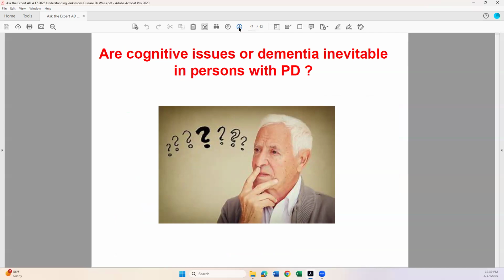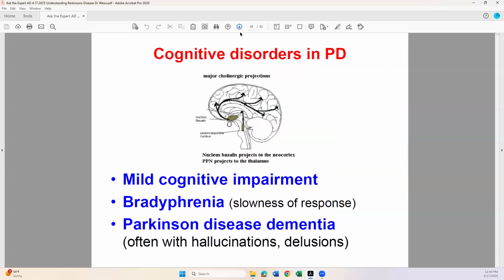So, are cognitive issues or dementia inevitable in persons with Parkinson's disease? Well, at the time of diagnosis, anywhere between 10 and 20% of persons with Parkinson's disease might have mild cognitive impairment. Interesting, though, if you follow those patients over the next 5 years,